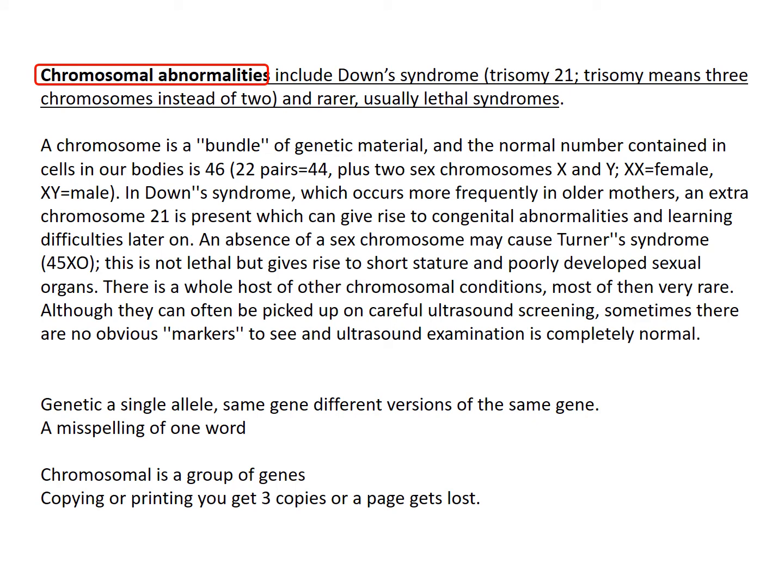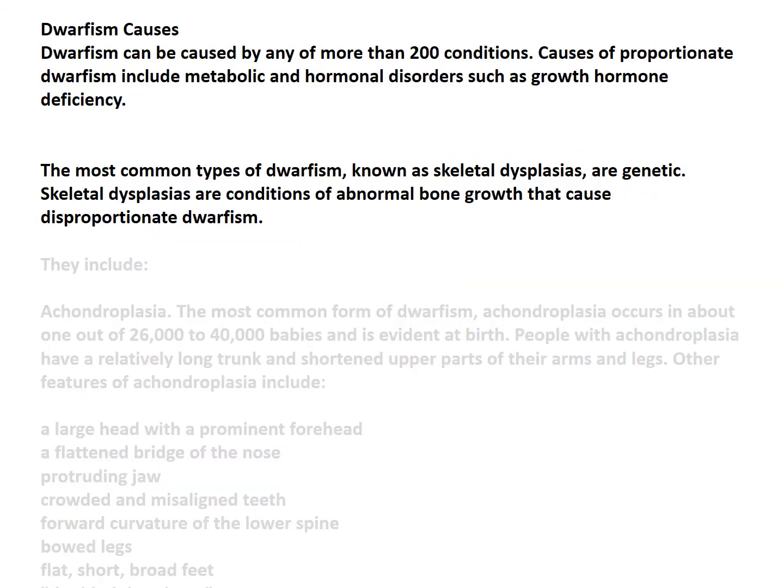Okay, chromosomal abnormalities. Probably the first thing you think of is Down syndrome. We know it's a big deal. They can just look at what happened there and see that. The other one that's big is dwarfism, and I think with the cable shows and such, that's become much more popular. But there's